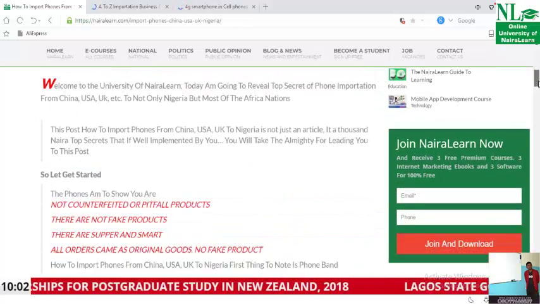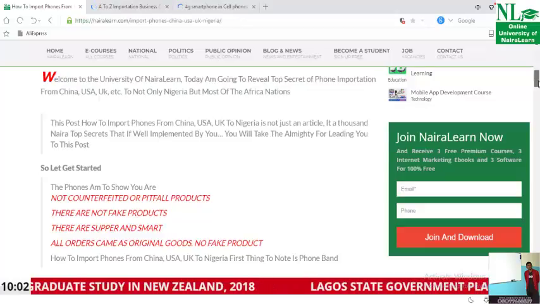Of course, you should be in business for profit. If you are importing any phone above 40,000 naira, take note, it's more difficult to sell those phones unless you are a core phone dealer. So if you are just starting small, it is better for you to bring it down. Go for phones that are less than 30-something thousand, so that you can sell them from 40,000 up. When you buy a phone for 30,000, you will be budgeting to sell it for 50,000 naira up. It is somehow difficult to find buyers here in Nigeria.